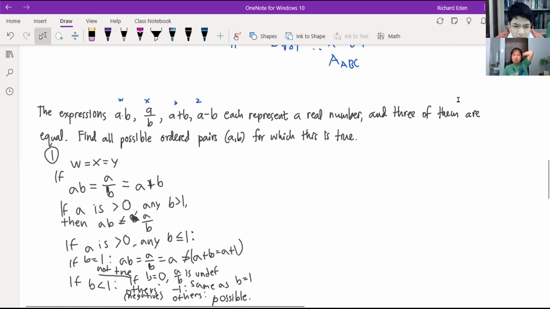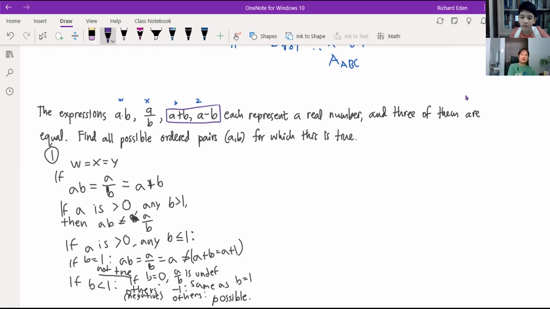Now here you were looking at 4 cases. So the 4 cases were W, X, and Y were equal. So Z is the odd expression out. So actually you have 4 choices. It's either W, which is unequal, or X, or it is Y, or it is Z, which are not equal to each other. However,